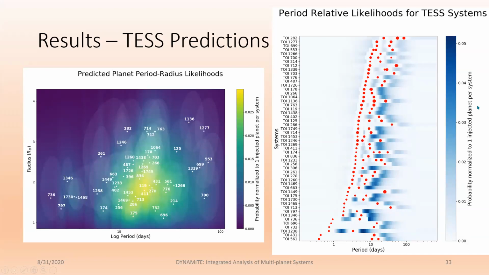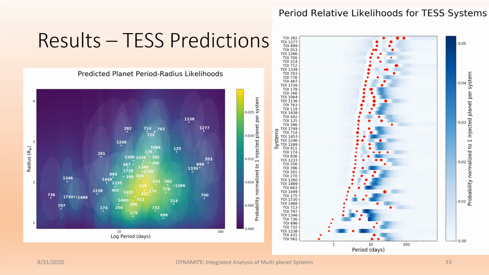So we ran DYNAMITE on a large subsample of the TESS multi-planet systems. Specifically, all the systems as of March 2020 with at least 2 planets, where each of the planets was less than 5 Earth radii in size. On the left, we show period-radius predictions, showing that a large set of currently unknown planets would be predicted